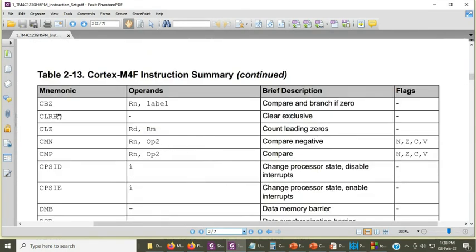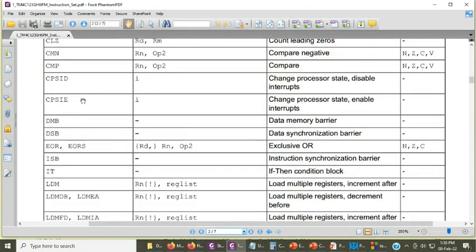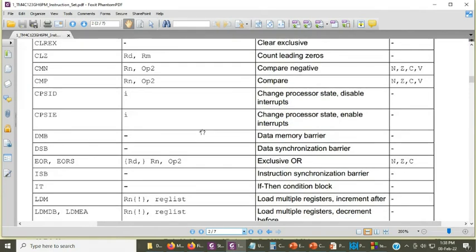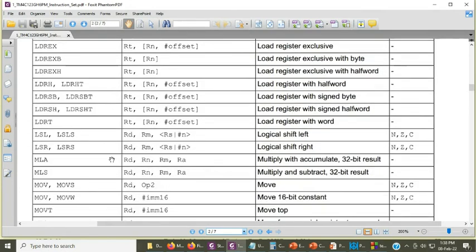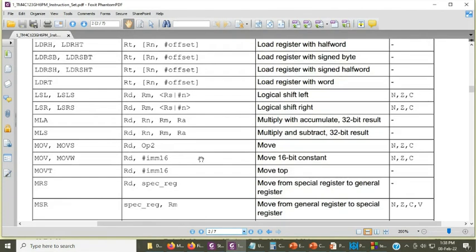But remember, we will not be writing programs in this assembly coding. There are many courses in which they fully go through assembly coding in ARM, but we are not going to follow that because it would be very tedious to write programs in assembly. But of course, if you are interested, you can use this instruction set, write simple programs and check what these instructions do, because they are almost the same as 8085.